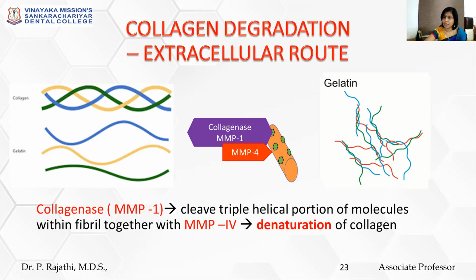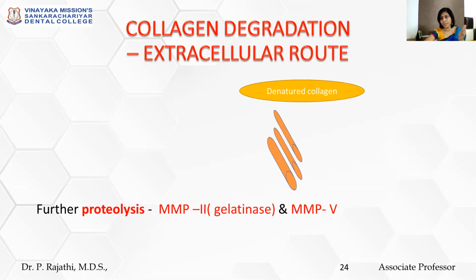So denaturation of collagen occurs once the collagenase binding site is exposed. First step is MMP3 or stromelysin acts on the glycoprotein and removes that. Once it gets removed, the collagenase binding site is exposed. Now MMP1 along with MMP4 is going to act on this triple helical portion of the collagen, and there is going to be denaturation of collagen. Now after this occurs, on the denatured collagen, MMP2 is nothing but gelatinase. Collagen became gelatin, right? On collagen, collagenase enzyme is acting. On gelatin, gelatinase enzyme is acting. Remember in that way, MMP2 is gelatinase.